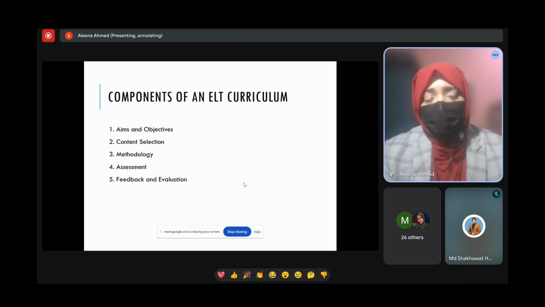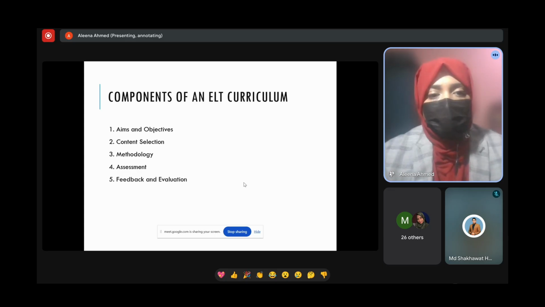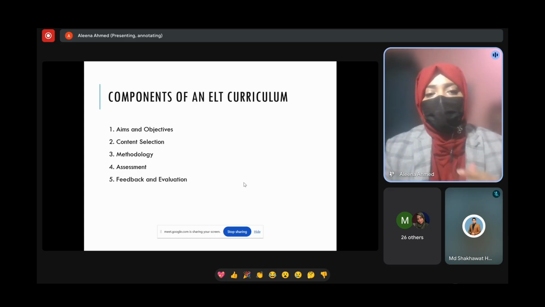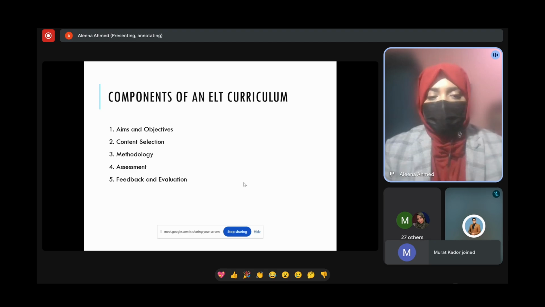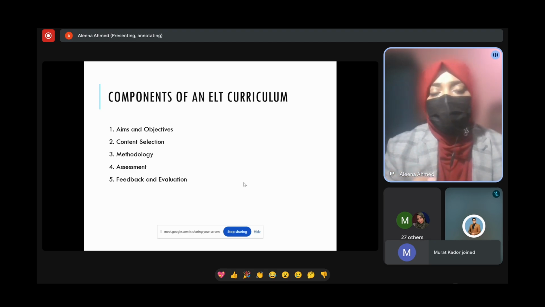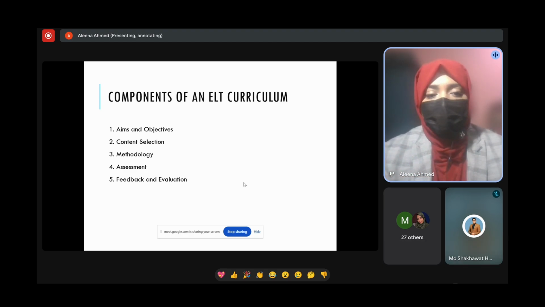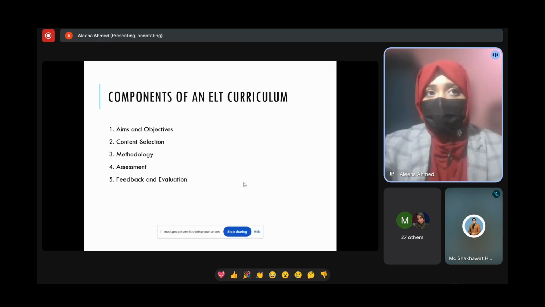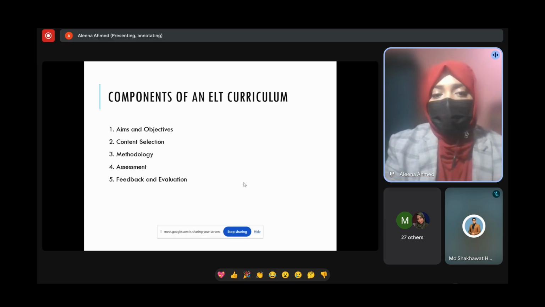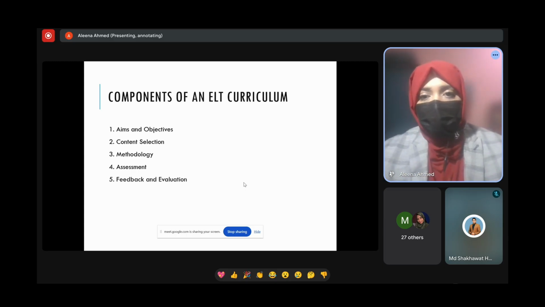What have some of our traditional books done with the students? They have just taken a topic of history, for example, Badshahi Mosque, right? There's a content introduction of Badshahi Mosque. It was founded by this person. It is located here. Its infrastructure is like this, right? And what are the questions at the end of that content? Like fill in the blanks, taking a word from that content and putting it into the blank to fill it.